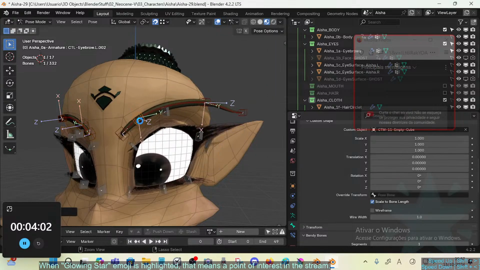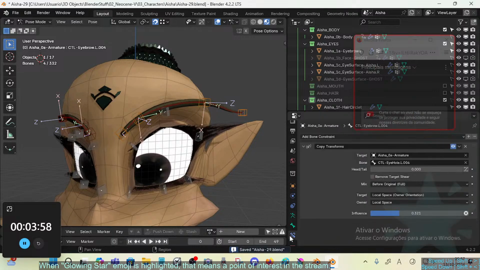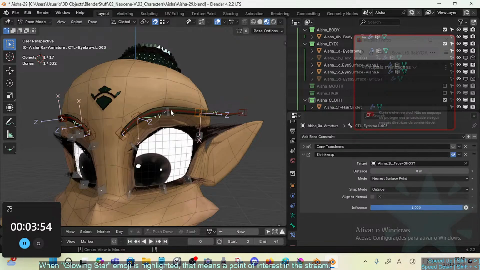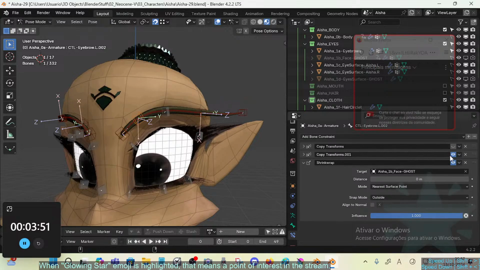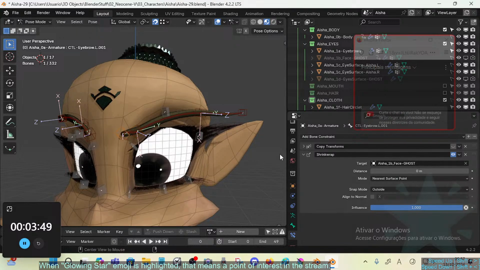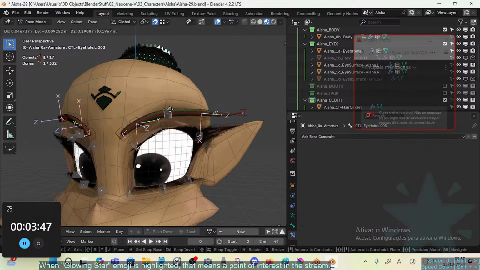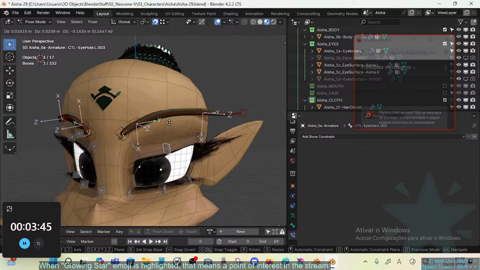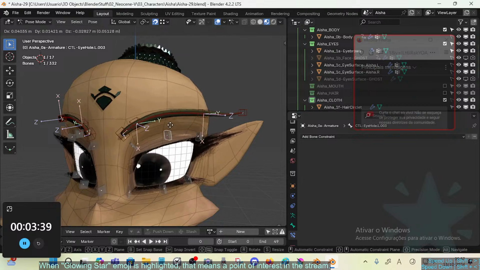So I'm curious, something I forgot to test: what if we just turn off all of these copy transforms? Okay, so you see this doesn't solve some of the problems, right? This is very bizarre, to have this kind of